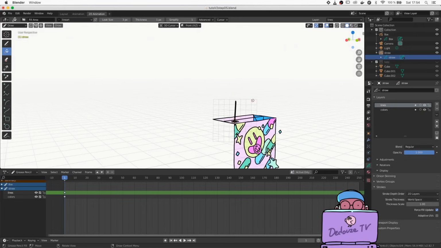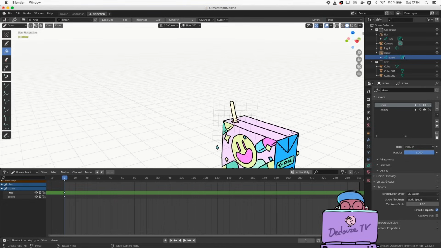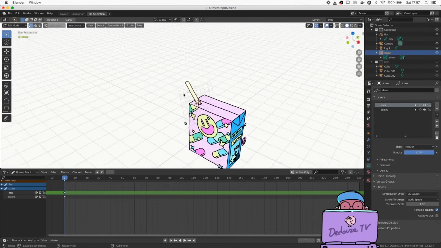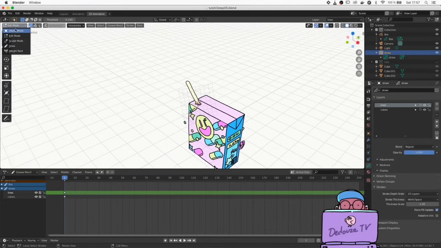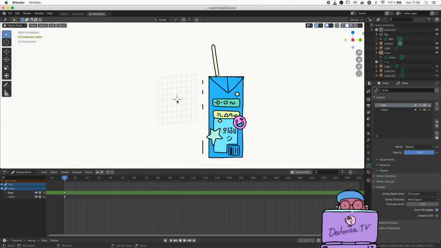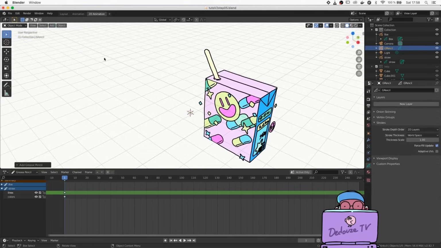It's because this is now the front of this drawing. And if you switch the orientation rule to the side, the canvas is now aligned with the shape of the straw. We can do this for more objects now. So back in object mode, place the cursor anywhere in space, like here for example. Select Add Grease Pencil Blank. Check that it's in the right collection.